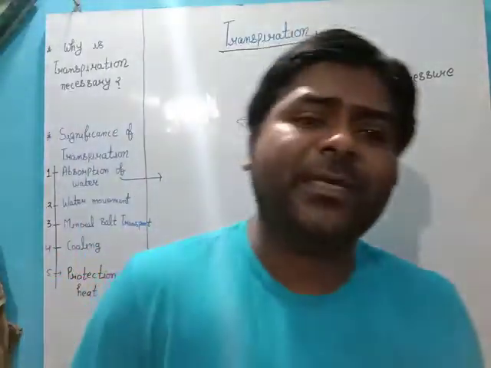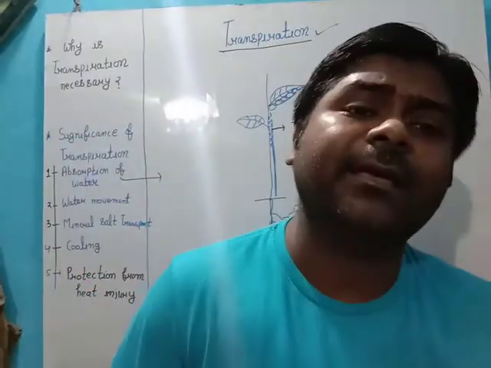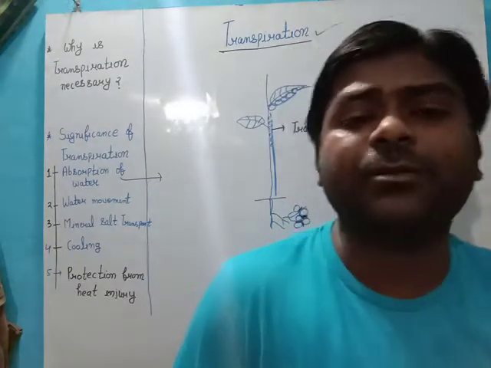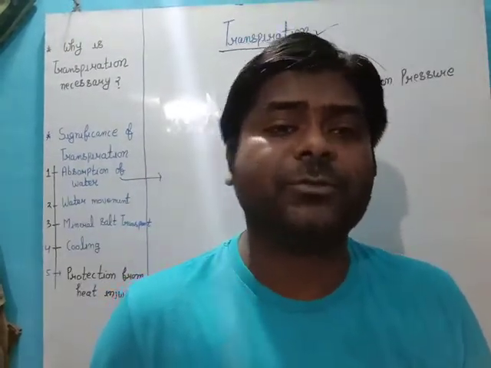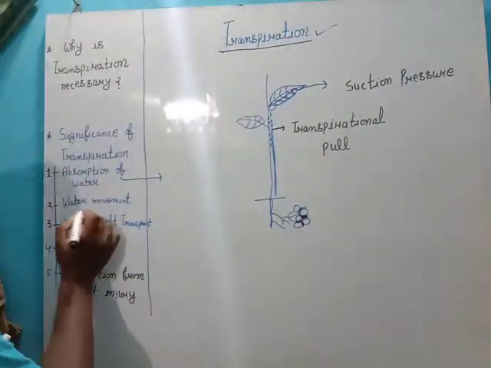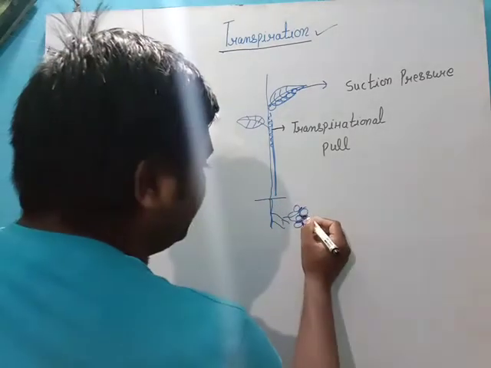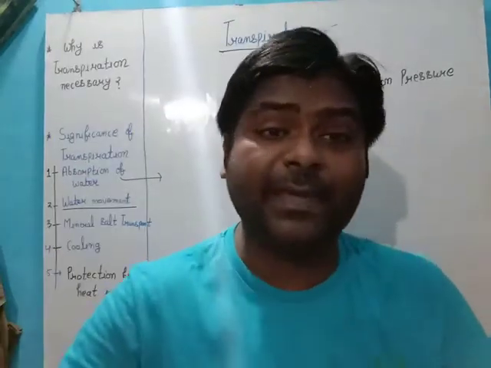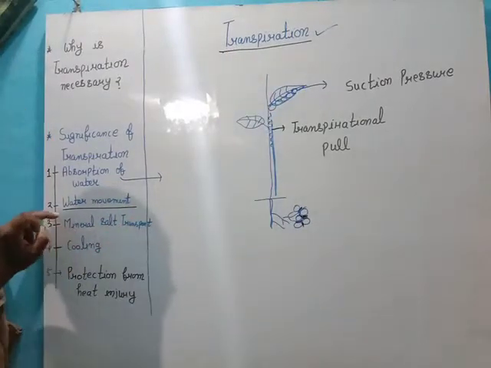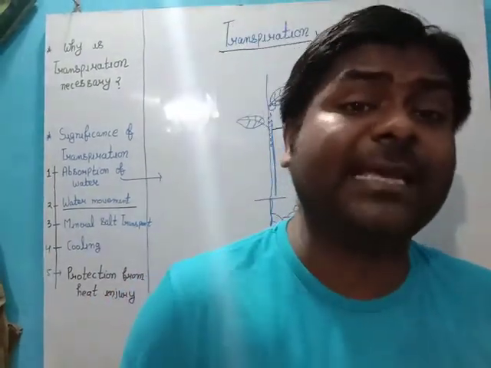You know that there is loss of water from here. So here we have diffusion pressure deficit, and then we have the compensation of that deficit pressure, and water is moving into the root hairs due to the process of endosmosis, and then it is transported to the xylem vessels for the upward movement. And this one is also absorption. It means the entry of water into root hairs, and then after water is moved into the various parts of the plants. That water movement is also done by transpiration. This is also the significance.